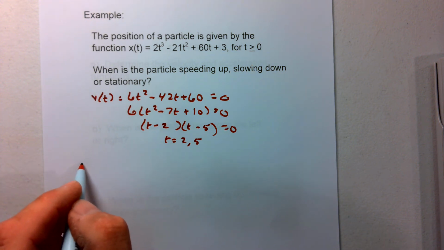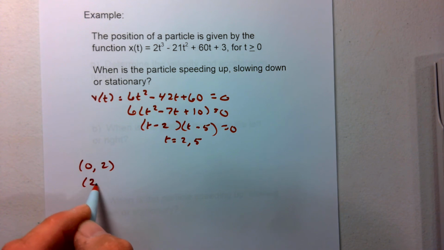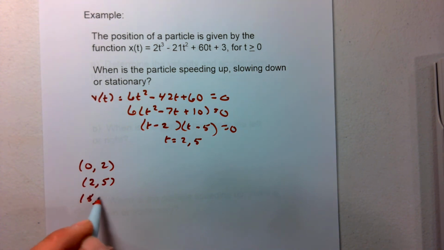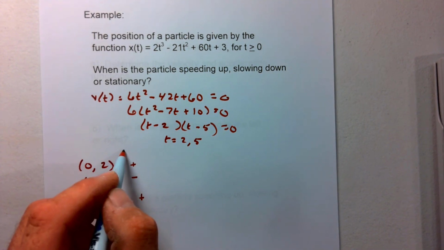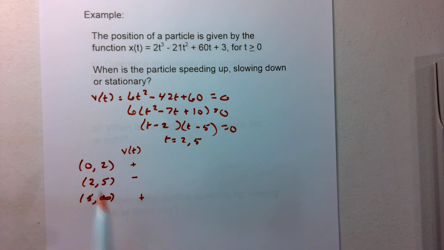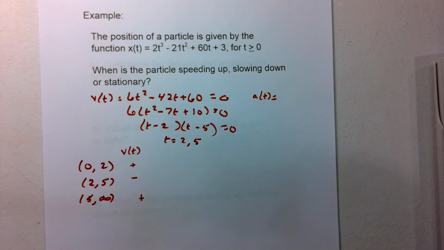So what I need to do then is go ahead and look at my intervals, which we did. We have 0 to 2, 2 to 5, and 5 to infinity. If I pull back that original paper, so we don't have to redo all of that, we've got, remember, a positive, a negative, and a positive. So this was our v of t. If we go ahead and look at our acceleration, a of t, we'll try to squeeze it in there,